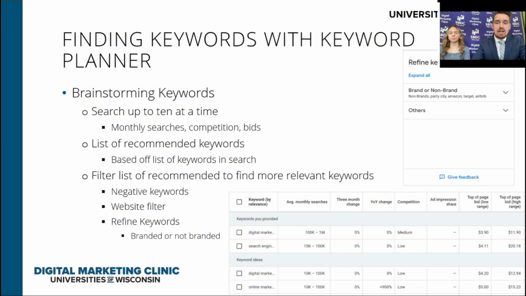Another way to narrow it down is by entering your URL. Keyword Planner lets you enter not only a landing page, but a specific web page that you want to optimize. So this will help just compare it to the page that you want keywords for, and it'll try to recommend the best ones for it. In the top image, there's also a refined keyword section where there are toggleable filters depending on how many keywords you put in there. But the main one is the branded or non-branded keywords. Depending on the page, having specific branded keywords could be beneficial or non-beneficial for you. So this is a spot where you can enable or disable them.